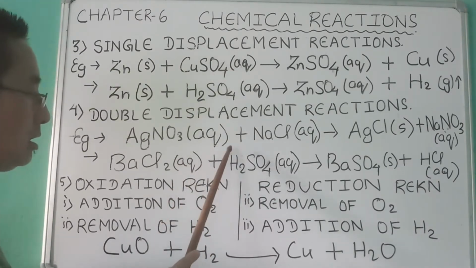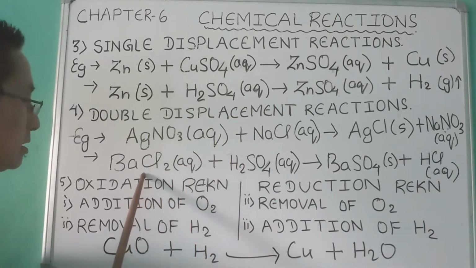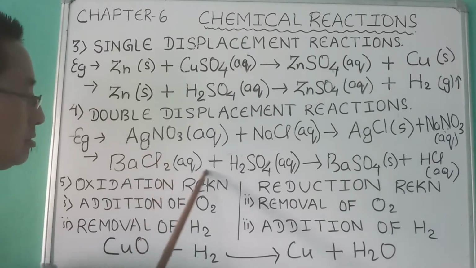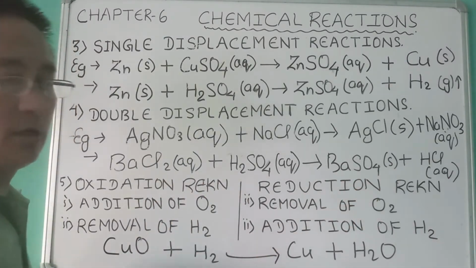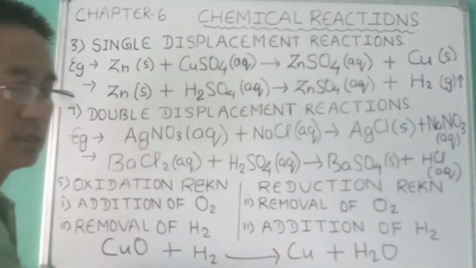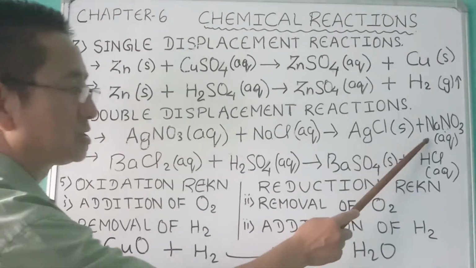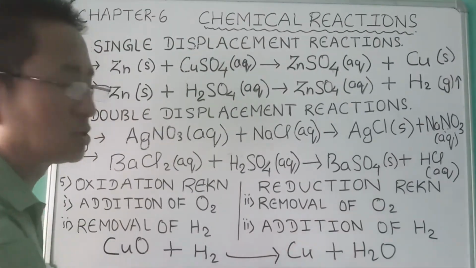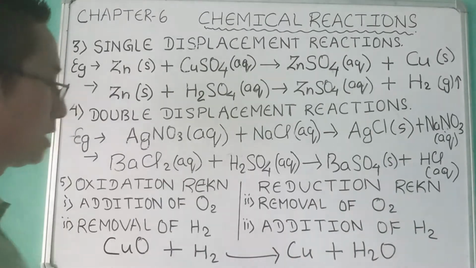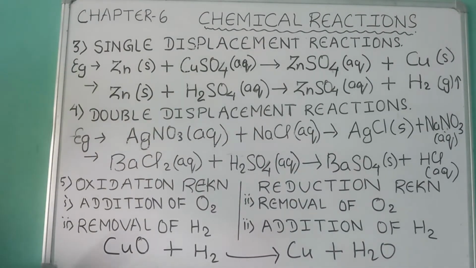Here hydrogen combines with chloride of barium chloride and gives hydrochloric acid, that is HCl. Both the valency of hydrogen and chloride is 1. So the molecular formula is HCl. Now next we have